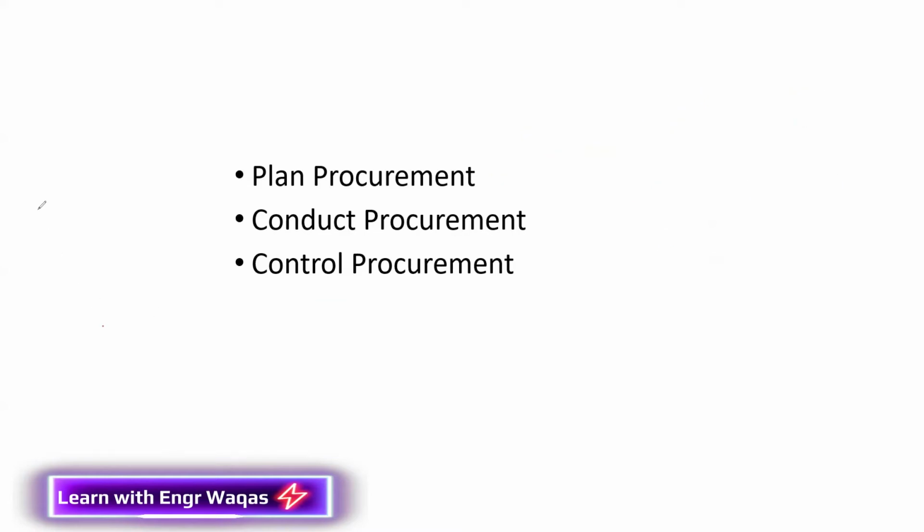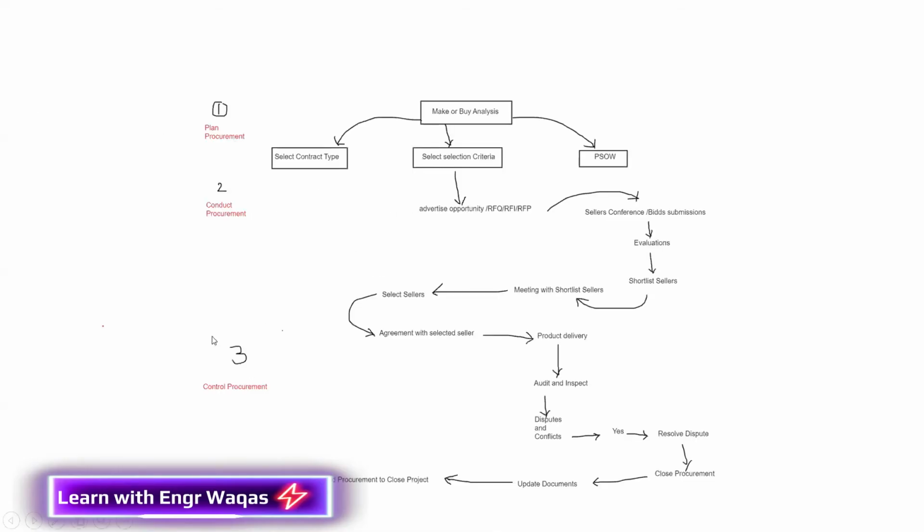First of all, next slide. I already have a flow chart diagram, so here I'm going to share with you people. There are three things I'm going to mention here. Plan procurement will start from make or buy analysis. What is make or buy analysis? If I share this slide with you people, make or buy analysis: the company, first of all, after identification